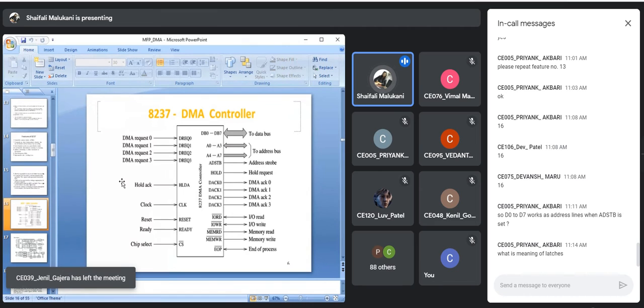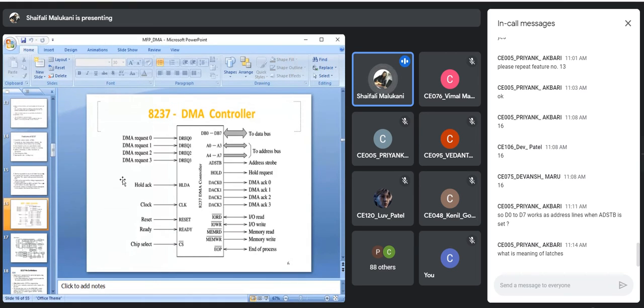Suppose I have a latch. Input is data lines, D0 to D7. Now I want my D0 to D7 to act as address lines. So D0 to D7 will have the address now, and that will be given as input to the latch. I am enabling the latch now. So whatever is input is latched. It is stored now. So what will appear in the output? The address will appear in the output.